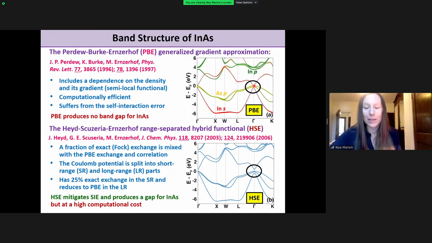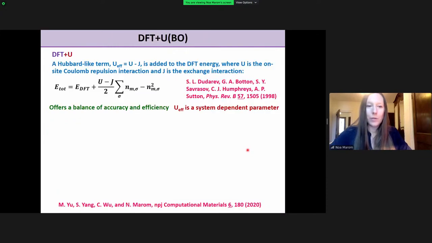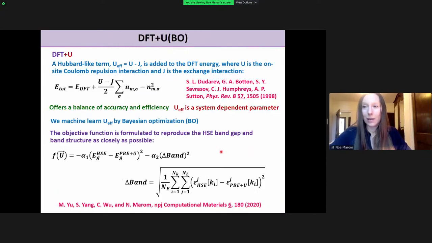for Bayesian optimization. Okay, so basically you would have to do some initial HSE and PBE calculations anyway, and you just project to the region. We have to do an HSE calculation as a reference for the Bayesian optimization, but we do that calculation only once for the bulk material, for the primitive cell, and then we go on and do the big interface calculation with the PBE plus U.